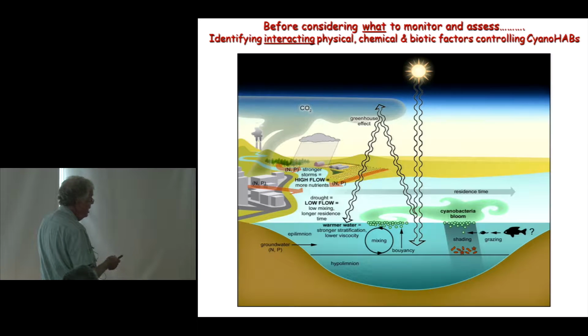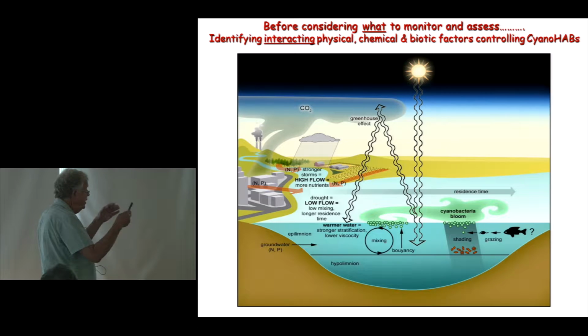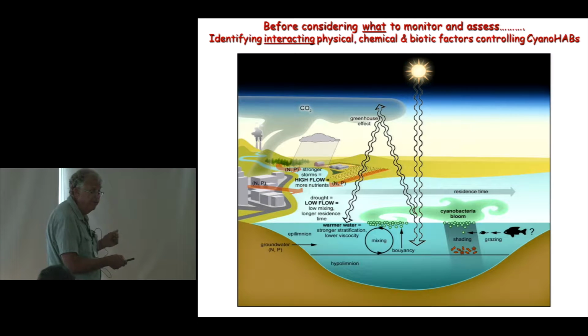And that also impacts oxygen production in the bottom waters. And these organisms have the ability to regulate their own buoyancy, so they can stay up at the surface and dominate these waters. When they need nutrients, they can migrate back down, come back up. They're very smart. Even though we call them primitive organisms, they actually are incredibly smart in figuring out how to dominate a system that has a lot of nutrients coming in.